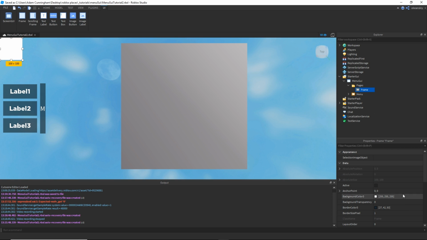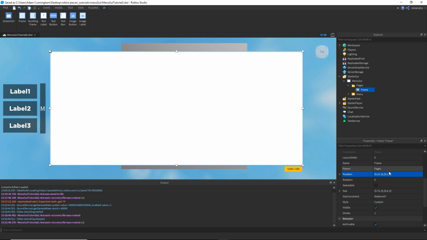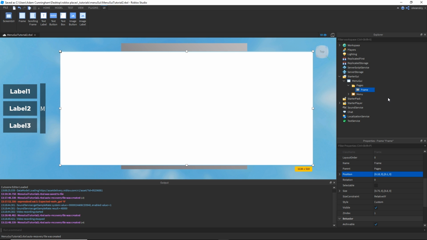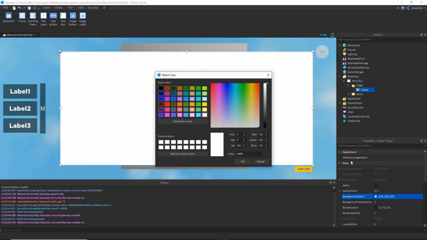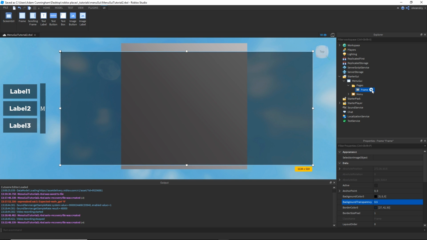So each of these frames, I'm going to go ahead and give it a specific size. I'll go ahead and do 0.75 on the X, 0.8 on the Y, and then move it over, 0.15, and 0.1, maybe a little more, 0.7, 0.18. There you go. Change the background color. Gonna give it a text label,